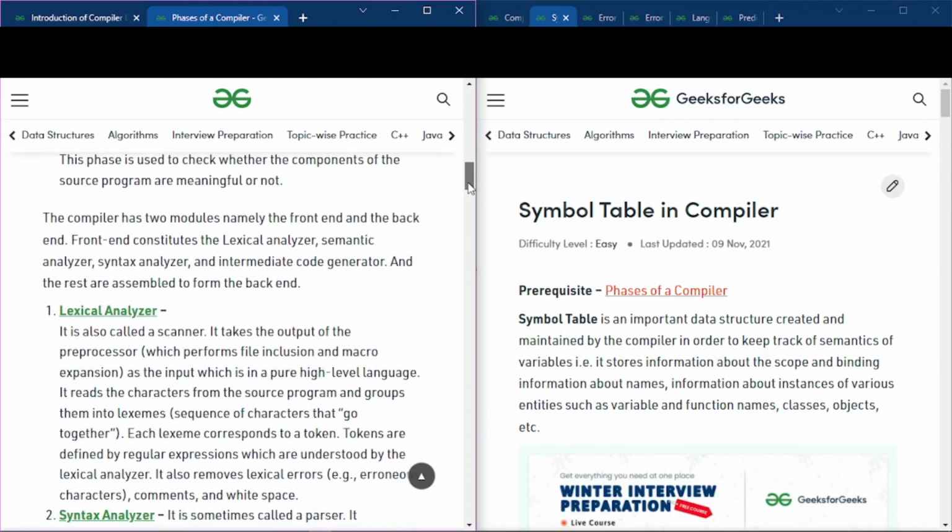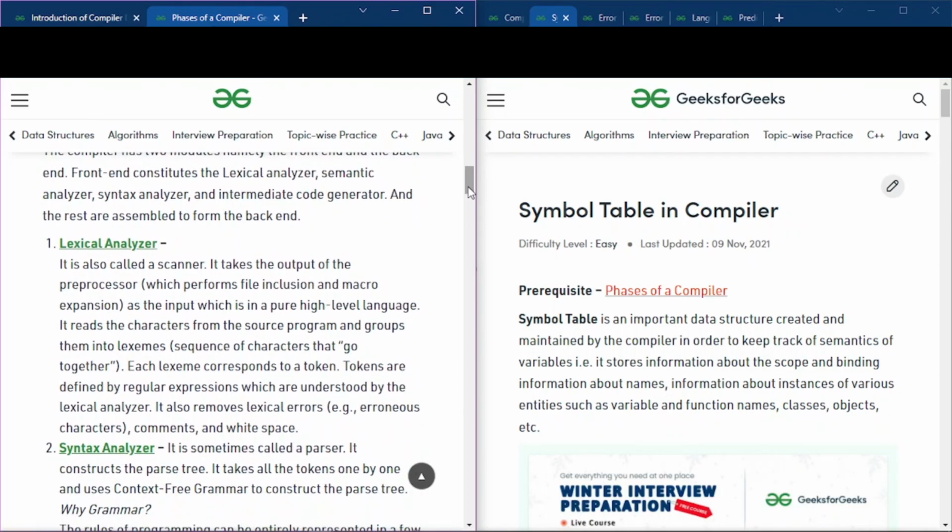Okay, so coming to the basic phases, those six phases that we mentioned in the introduction to compilers. Basically, the lexical analyzer is also called a scanner, and it takes the output from the preprocessor phase as an input to itself and converts it into lexemes or tokens, you can say.